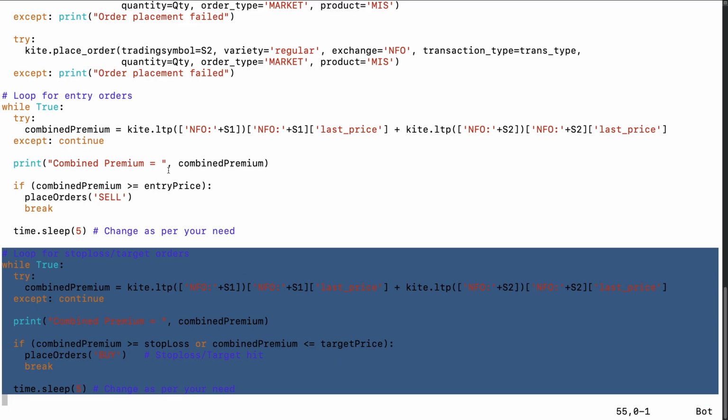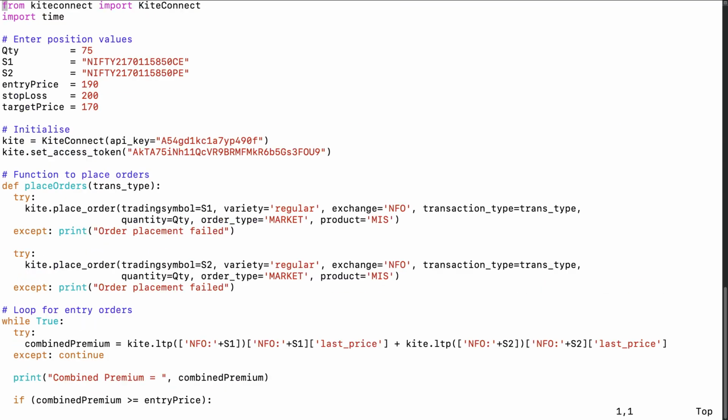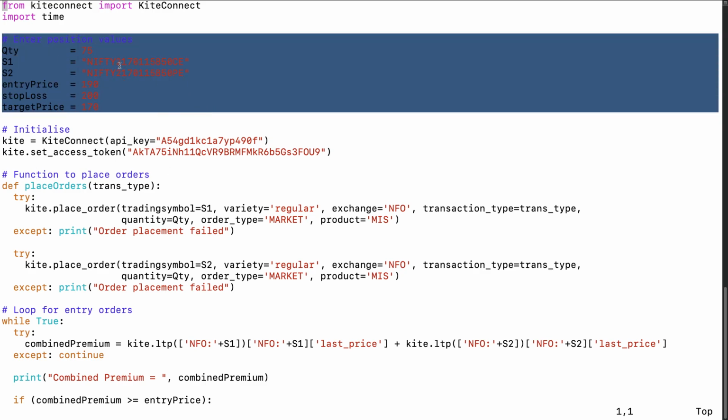So that's it, guys. If you want to use this program, just set these variables as per your convenience and everything else remains the same. Try it out. If you have any questions, just post them in comments and I'll try my best to answer them. And if you have any other requirements other than this, I'll try my best to either give you the code here itself or I can create a new video for you guys.